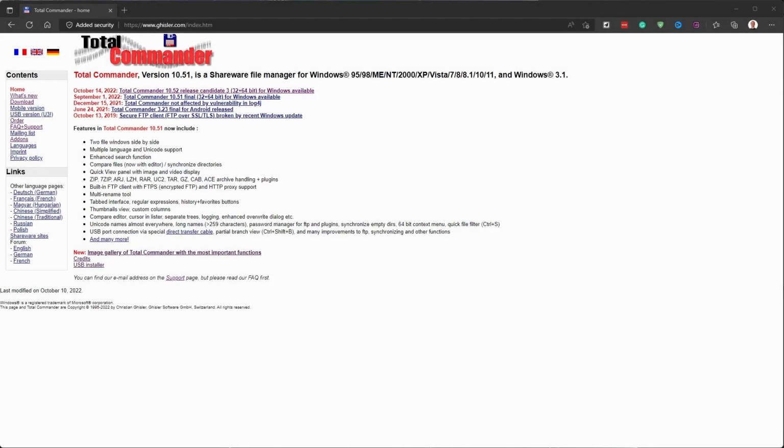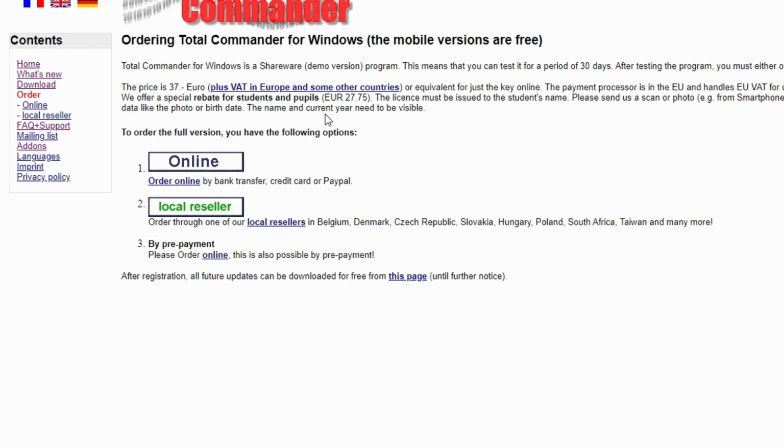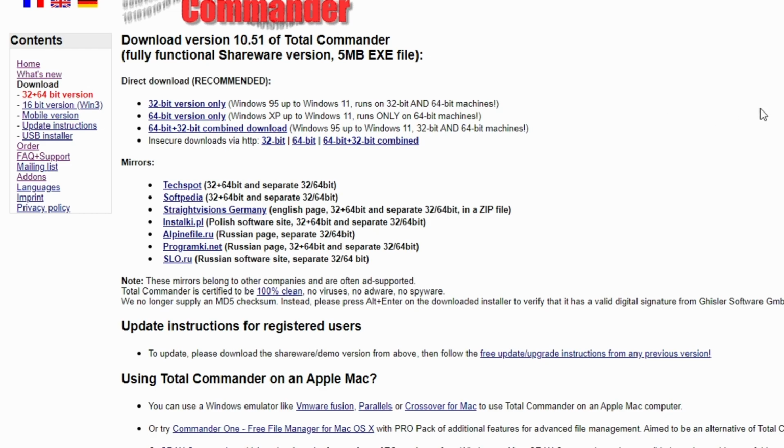And here is the bonus item I promised in the beginning. It gets an honorable mention only because, contrary to all the other applications in this video, it is not entirely free. I am talking about Total Commander, which has been around for ages, and it is as relevant and powerful a file management application as ever. It is certainly worth the one-time fee of €37 plus VAT or a lifetime license. If you don't believe me, download the version of your choice and use all its features for free for 30